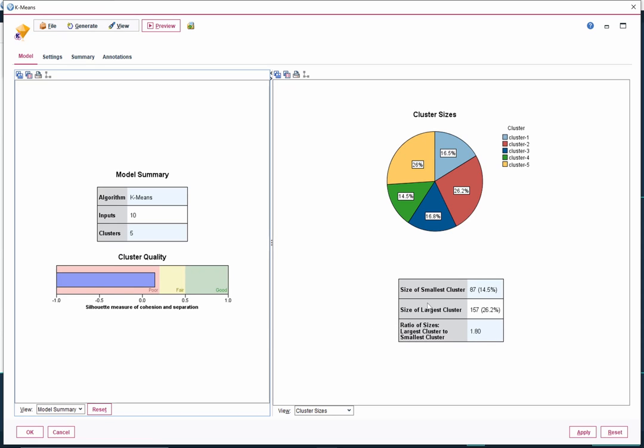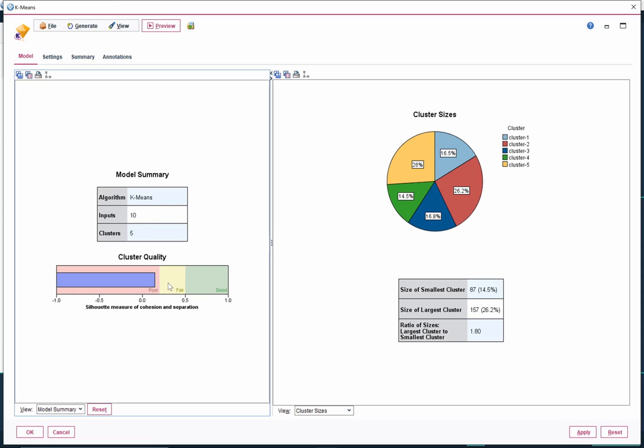And other information: the size of the smallest cluster is 14% of the data set, the largest is 26%, and the ratio between them is 1.8. Keep in mind that for k-means clustering or most other clusterings as well, if the number of input variables is not few, it's very unlikely that you can end up having high quality